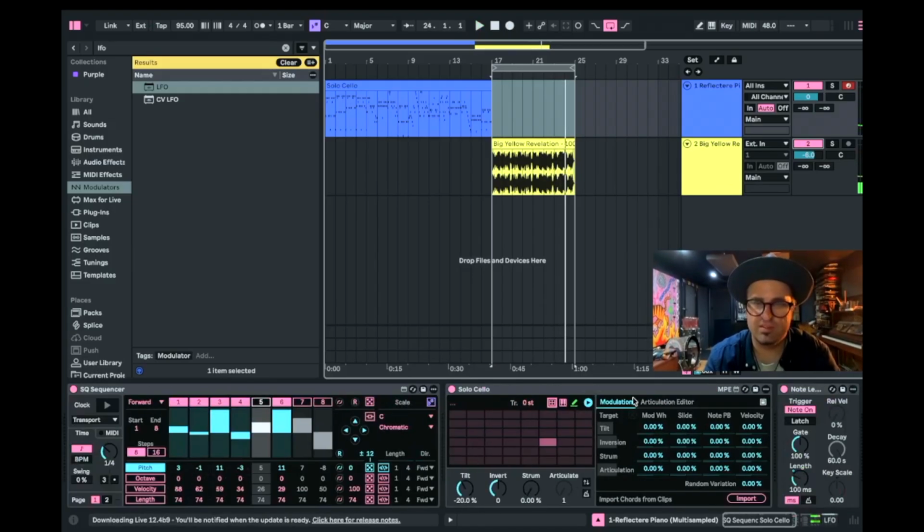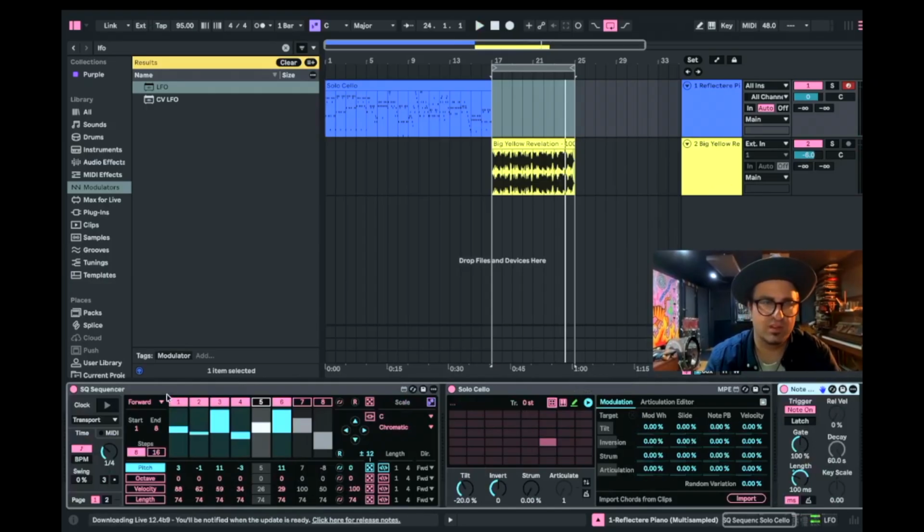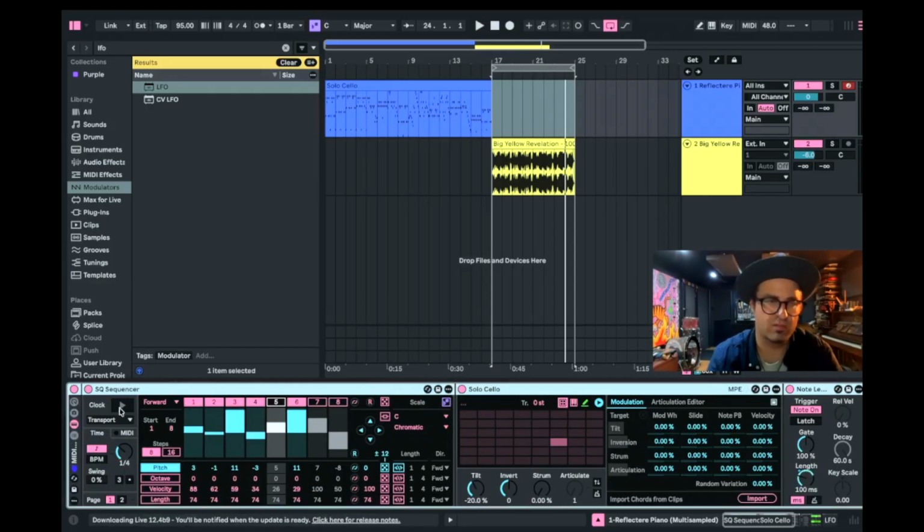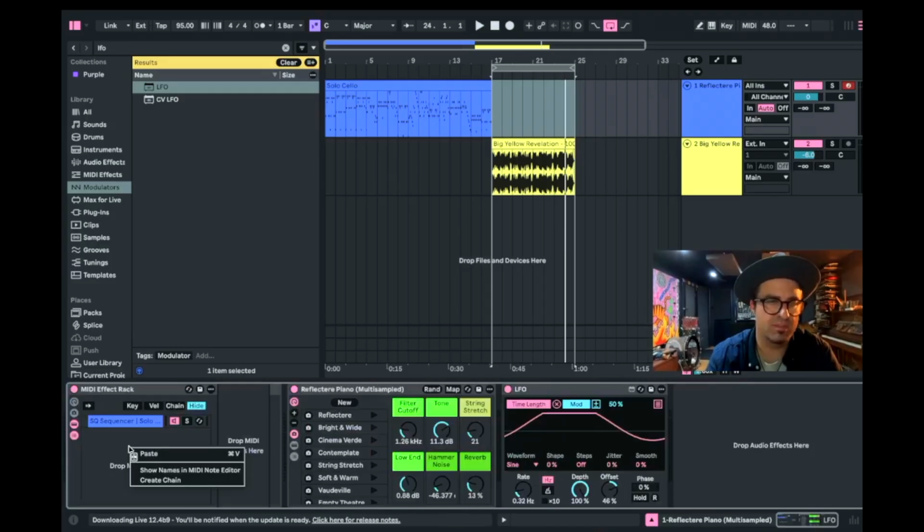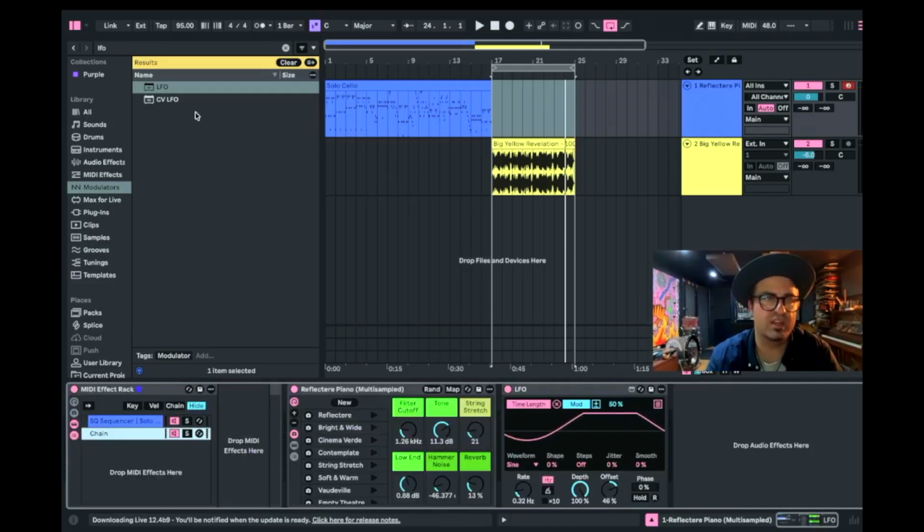That's cool, that's starting to form an idea. So what I might do is I'll rack that, but then maybe if I create a new chain,